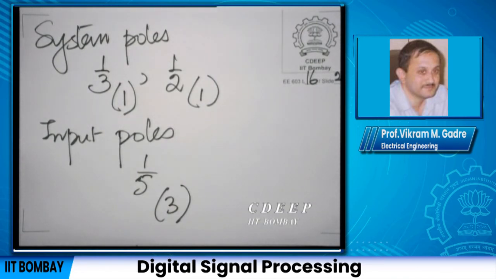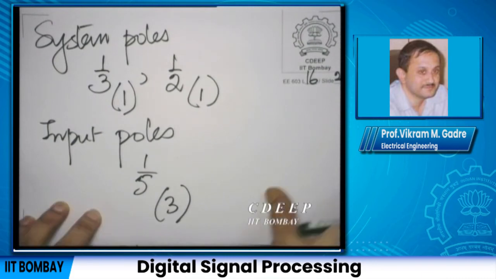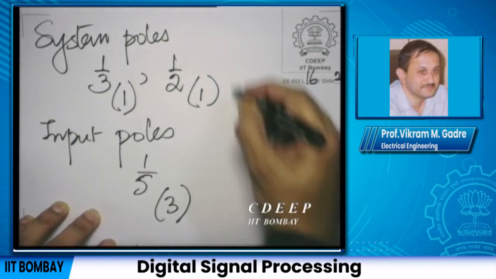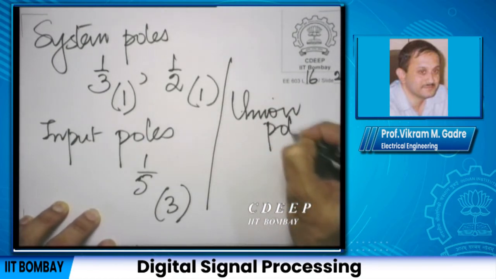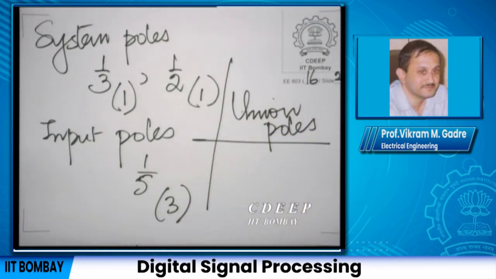Now, we write down what are called the union poles. What we mean by the union poles are the poles of the system union with the poles of the input. Now, I said union, which means when you have a common pole, you must bring them together. Now, of course, in this case there is no common pole, right,